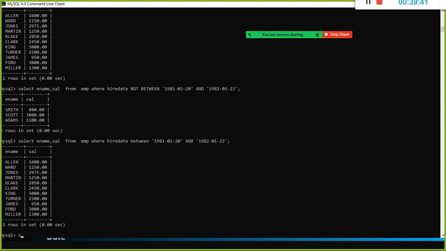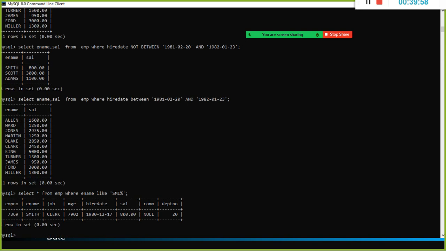And also we have something like select star from EMP where ename like. You have a function that is available. Supposing I use something like SMI percentage, what is happening here? Employee names start with SMI. Whichever employee's name starts with SMI and ends with anything.